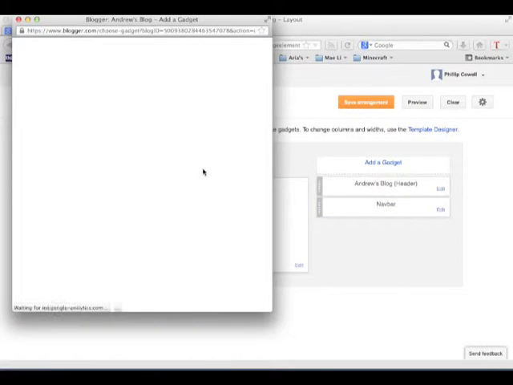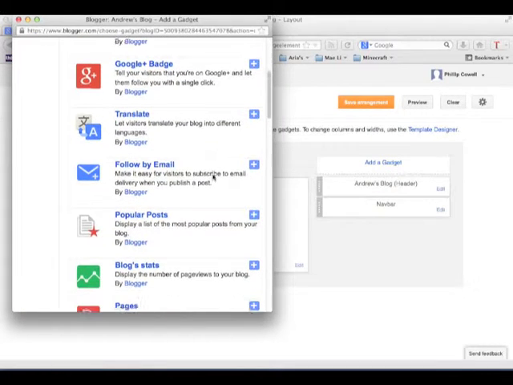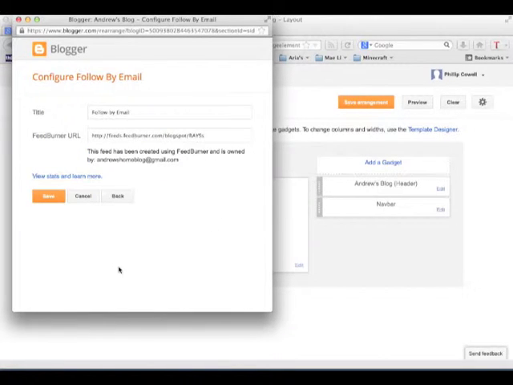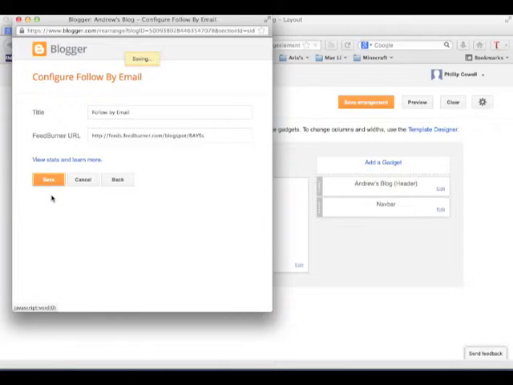But another important step is going to add a couple, and first one we're going to add is the follow by email, so that people can follow my blog, like grandma and granddad, etc. And this is one way to do that. There are other ways to do that, and we'll show you one later on, but this one I quite like. So we'll follow,